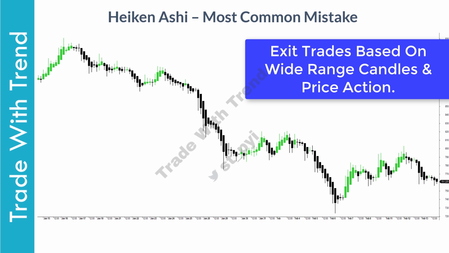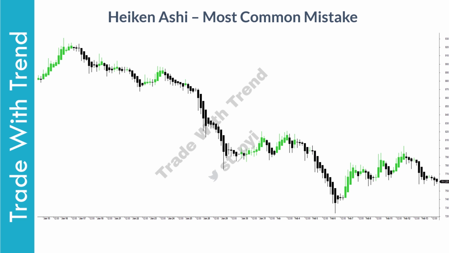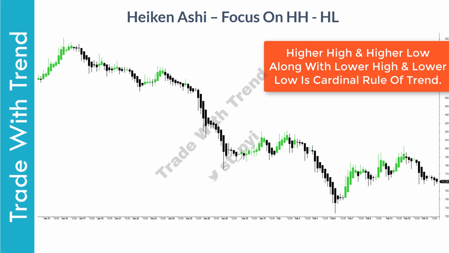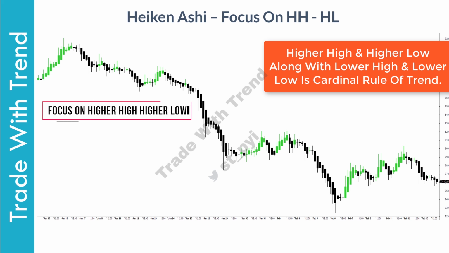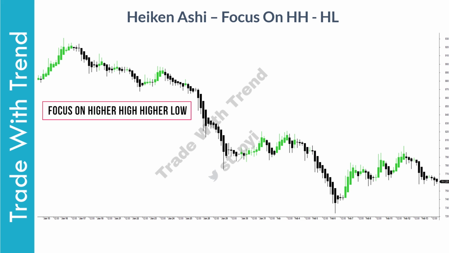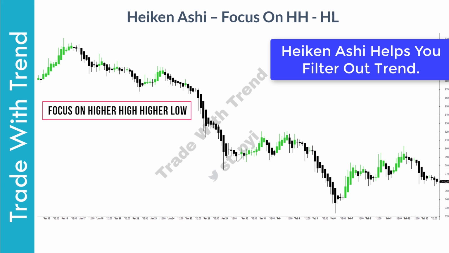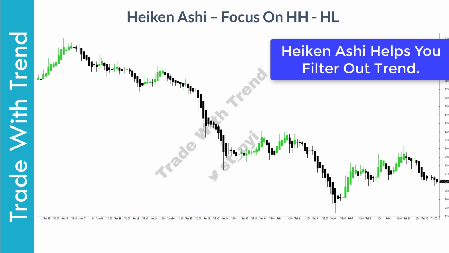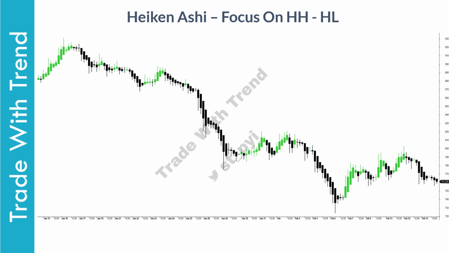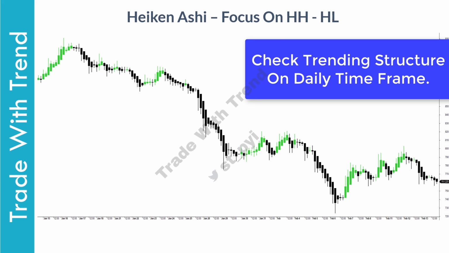Always divide your candles into two types, that is candles that have impact on trend and candles that have no impact. This way you will know which ones to focus upon. Now just as in normal price charts, the structure of higher high and higher low along with lower high and lower low works very well with Heikin Ashi charts. In my opinion, this trending structure works better in Heikin Ashi charts than in normal candlestick charts or bar charts. The main reason for this is that a Heikin Ashi chart represents price movement without much random noise on the chart. After we discuss time frames, pull up your Heikin Ashi charts and check for this trending structure. You'll be amazed to see how well this works.